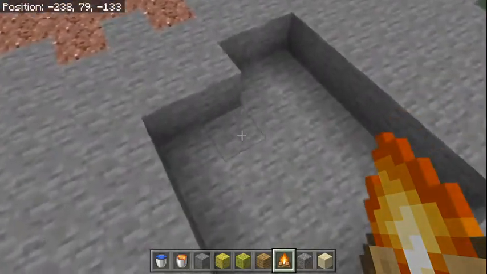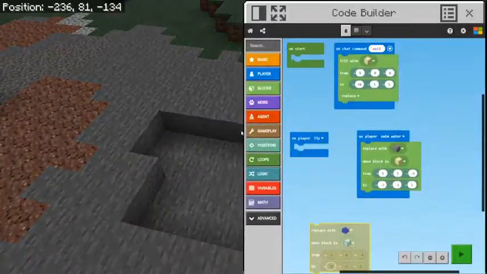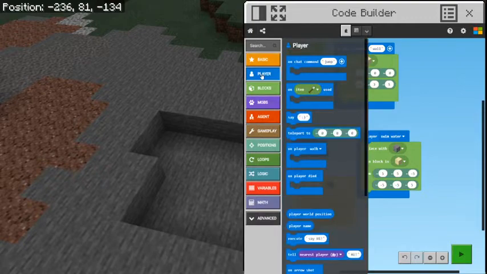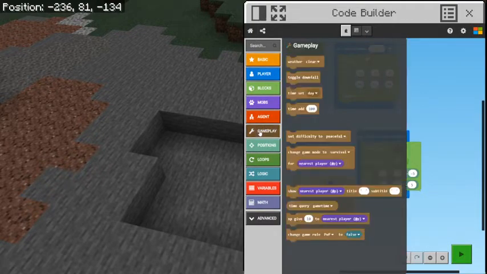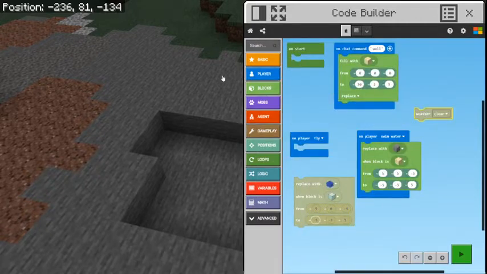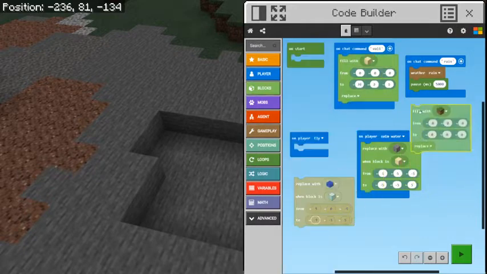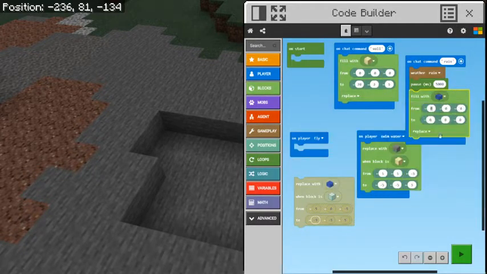Then what I'm going to do is say in code, gameplay. Let's try this. So I'm going to do rain. Set weather to rain. So on chat command rain, set weather to rain. Then I'm going to do a timer. I'm going to say wait for 5,000 milliseconds, 5 seconds. And then I'm going to do fill with blocks, fill with water from, and we're going to do minus